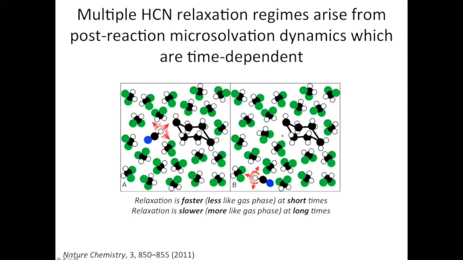However, what happens as a function of time is that this HCN then diffuses through the dichloromethane solvent matrix and into the bulk dichloromethane solvent. And what happens is that it has much less effective vibrational overlap with the CHs of the dichloromethane, and as a result, the energy transfer rate slows down. The difference in energy transfer rates at short time versus at long time post-diffusion is about an order of magnitude, right? So it's about a factor of 10 slower in the bulk solvent than it is in the vicinity